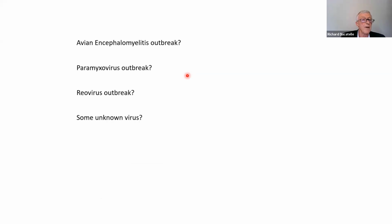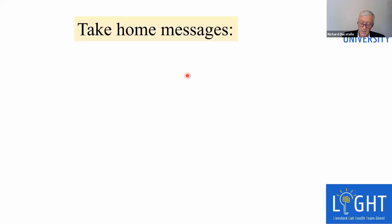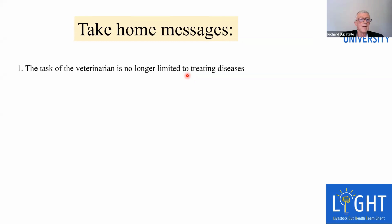We were thinking of reovirus or even an unknown new virus. Alternatively, if it's not infectious, it could have been a nutritional deficiency in the parent flock. So we came to the conclusion, using the pathosense technology, that there were no viruses. So it turned out indeed to be a nutritional deficiency in the parent flock. So that really helped. So I think what I wanted to say is that